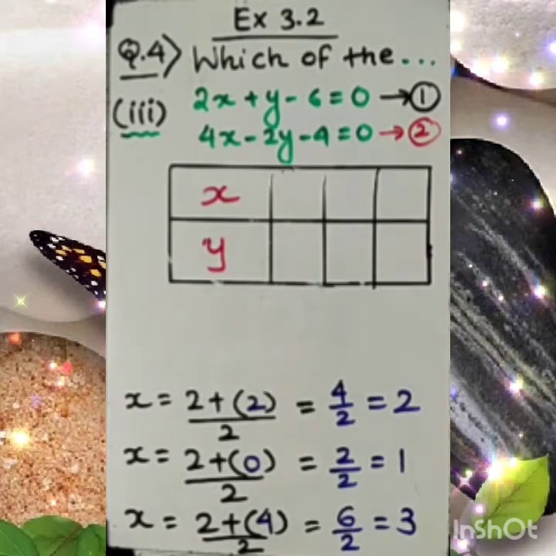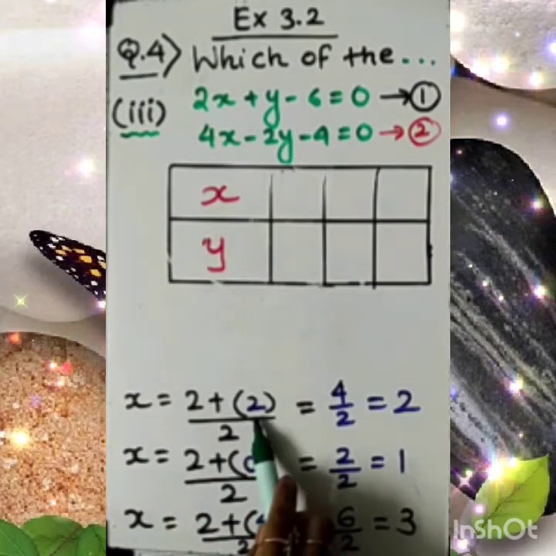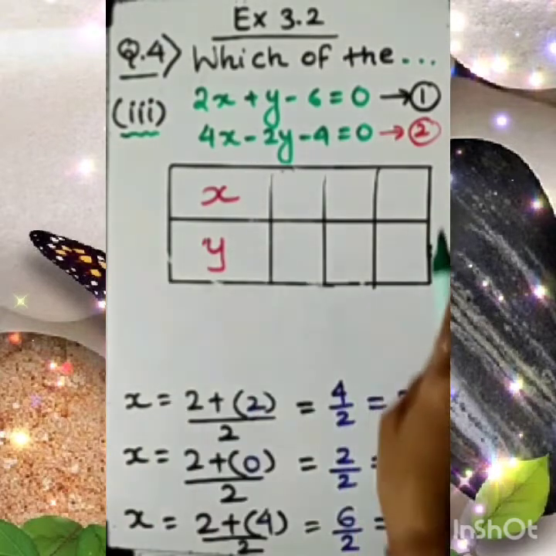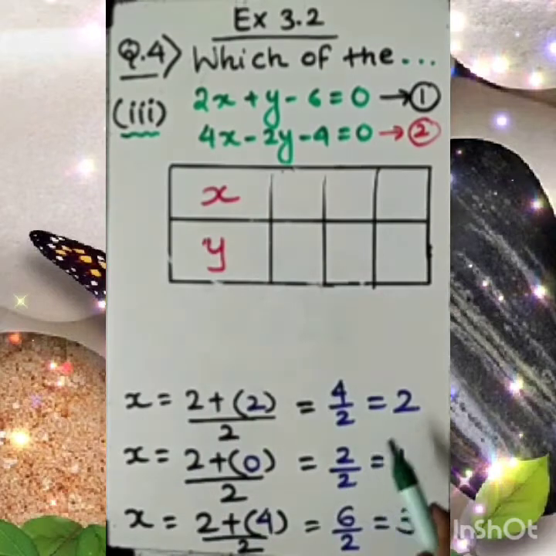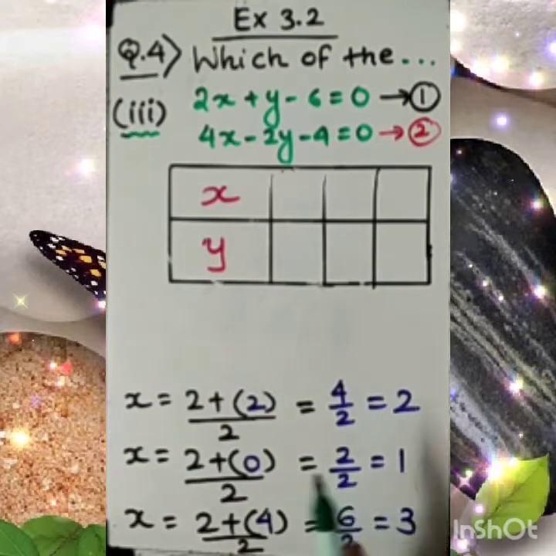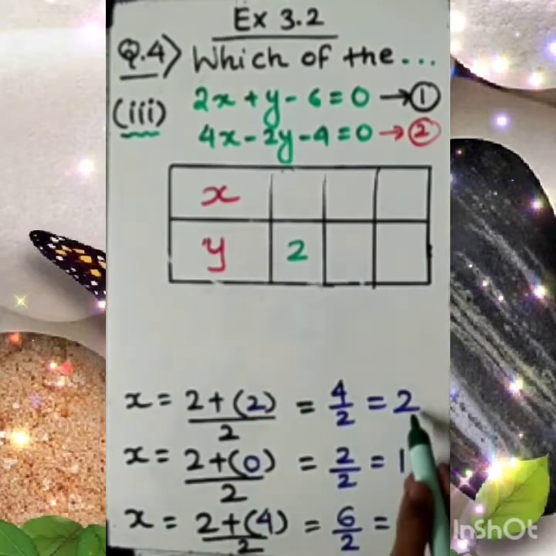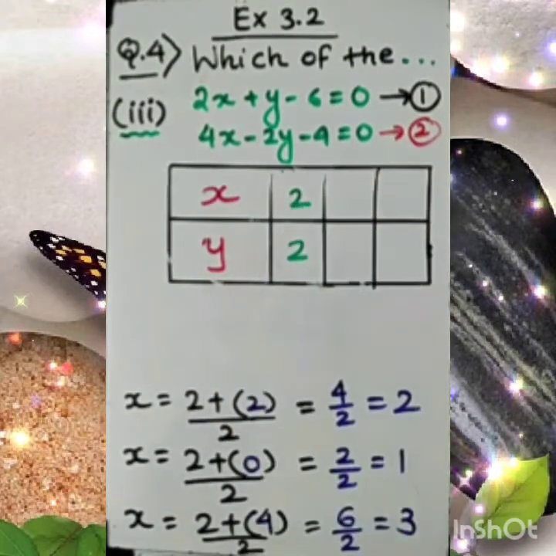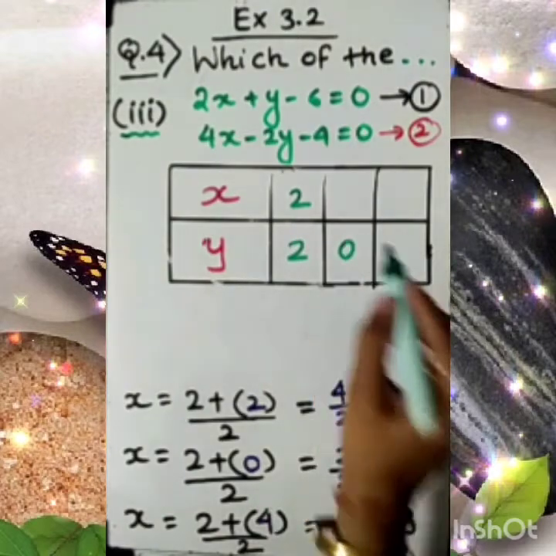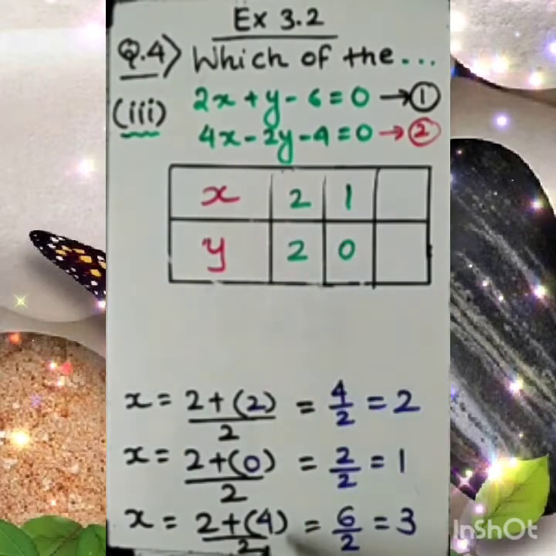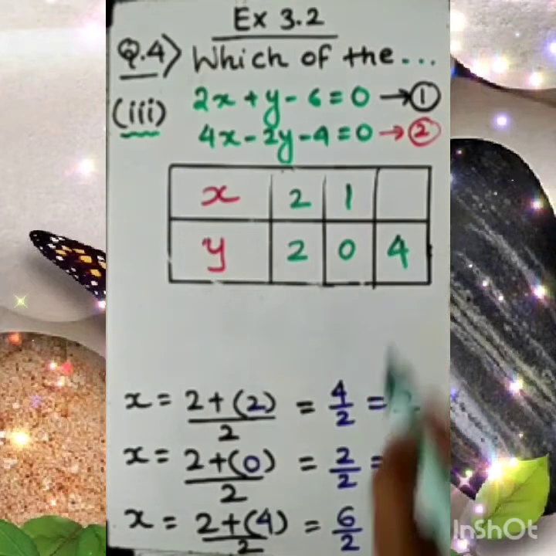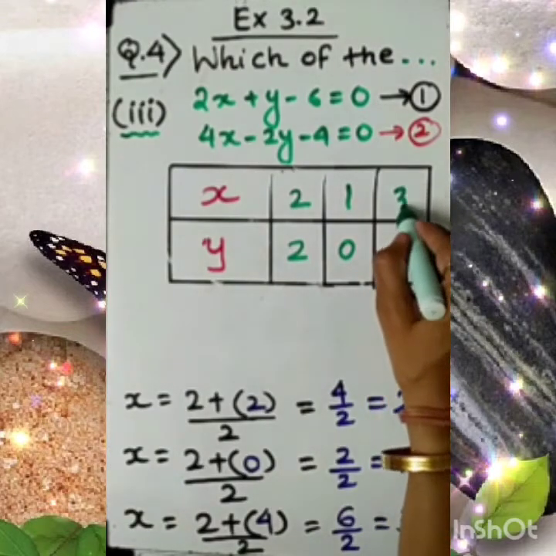So here you can see x and y are already with us. Now this time I have written this value of y. The table is ready for the second equation, with the values we are ready to put in it. Here this time we have chosen only 3 values. So here you can see this value 2 I have chosen for y, and I got the value of x, that is 2. Same thing here for 0, I got 1. Same thing for the value of y, 4, I got the value of x, that is 3.